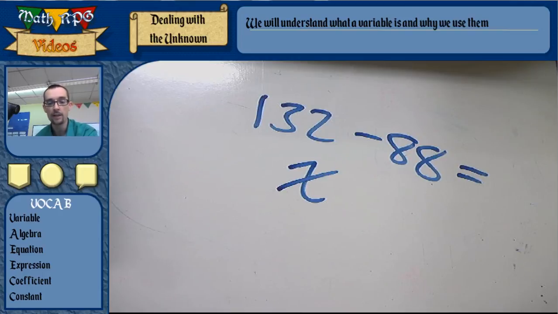Okay. So that's it for this video about one reason we use variables. Again, they're letters of the alphabet that represent an unknown quantity, an unknown something. Now, it might be something really easy to find out, it might be something really hard to find out, but it's something that we just don't know yet, and we're going to find out. In the next video, we're going to talk about the other reason we use variables. There's two reasons. One of them is for an unknown, and next video up,